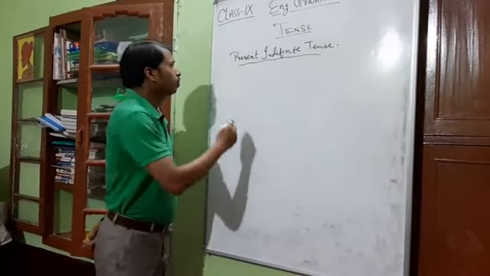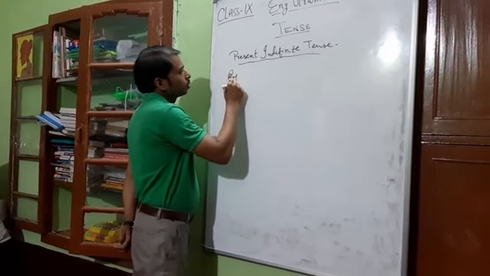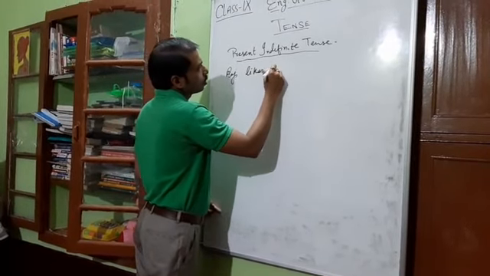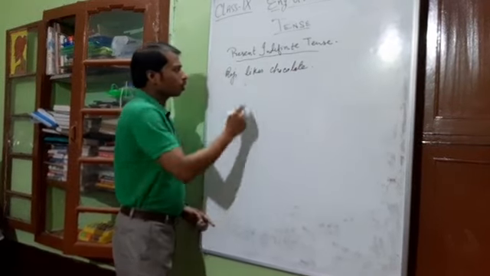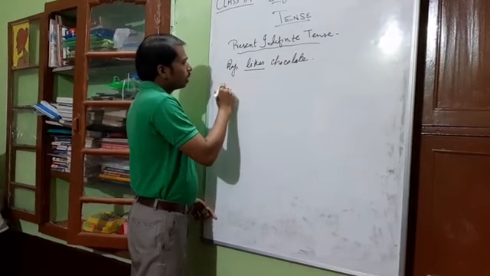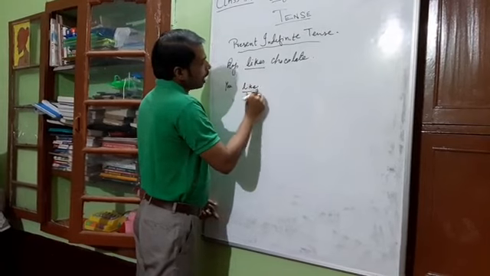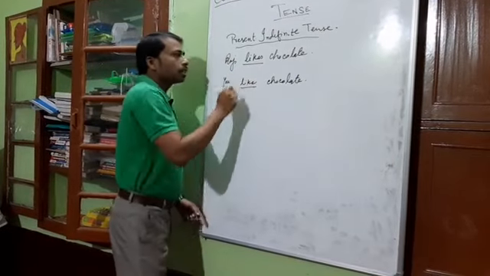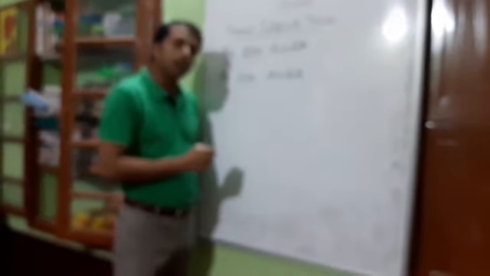Let's cite an example. Raj likes chocolate. When I say so, Raj likes chocolate. Now see here, if I change Raj and write you in place of Raj, then what happens? You like chocolate. Now let's see this too. When I say this thing, Raj likes chocolate or you like chocolate,